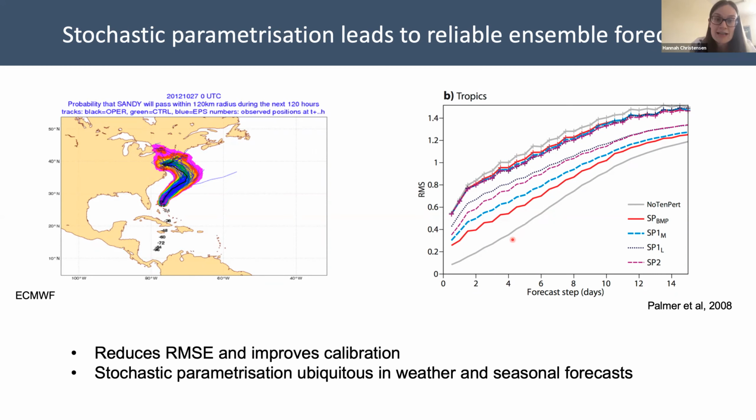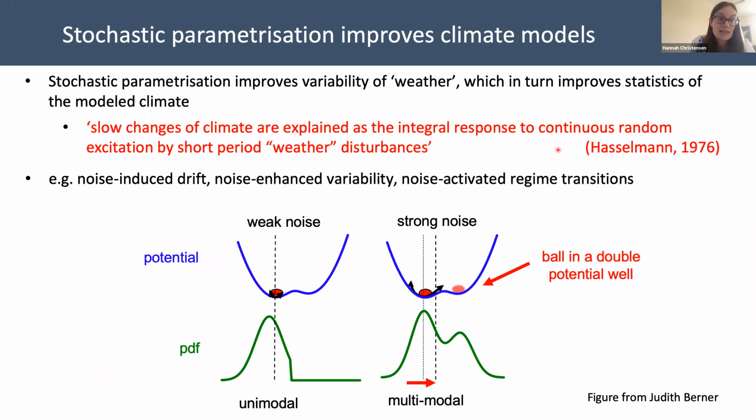The pale grey lines show ensemble forecasts where we just make perturbations to the starting conditions, so representing initial condition uncertainty. And the other different coloured lines represent different flavours of stochastic physics. And you can see that for all of these stochastic schemes, we increase the ensemble spread, and we actually also reduce the error in the ensemble mean. So we're getting a more accurate forecast, and we're also getting a better calibrated forecast. And we also see